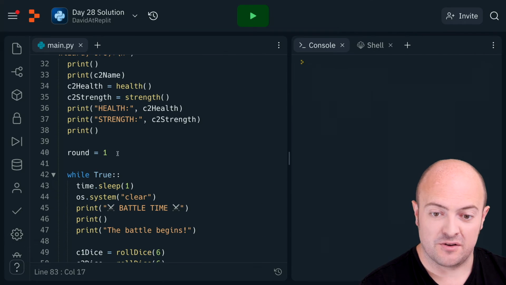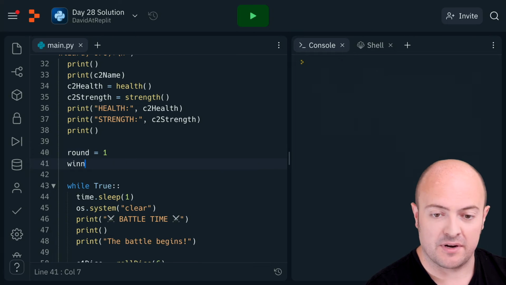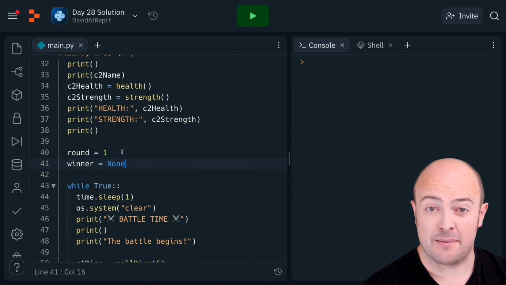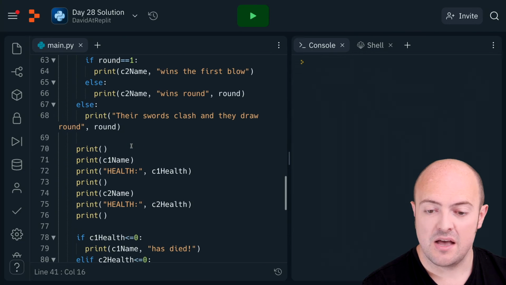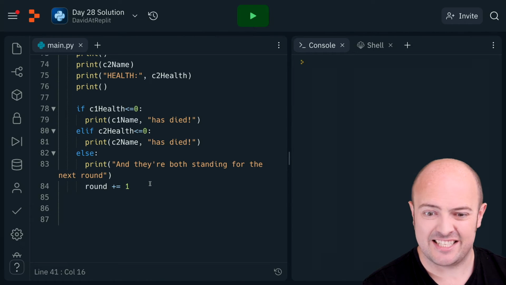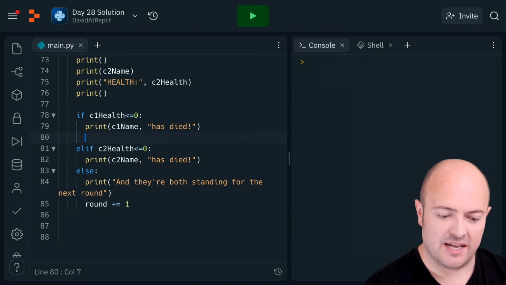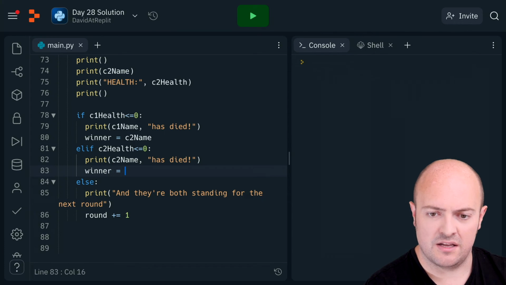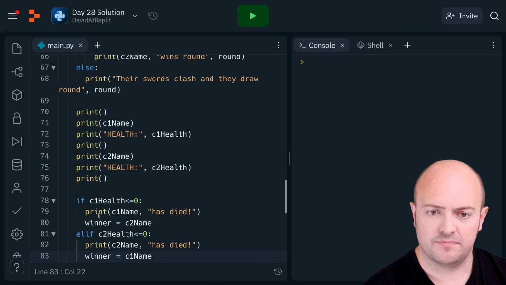So what I'm going to do is go back to the top of my loop, and I'm going to create a variable called winner, and I'm going to set it to None at the moment with the capital N, which means there's nothing there. That's a useful variable data type. Actually, None means I want something, but I don't want to set it just yet. Now, what I'm going to do here is say winner equals C2 name, and for this one, winner equals C1 name, and then after the loop,